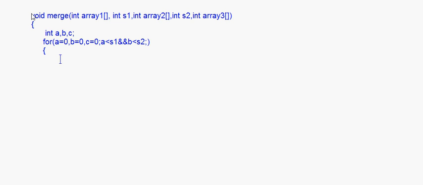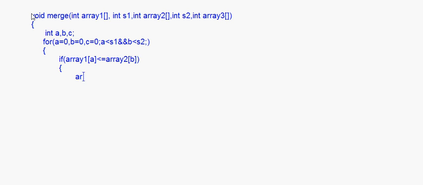Now inside this, you give the if conditions. If array1[a], here we want it in ascending order, array1[a] less than or equal to array2[b]. This is the if condition. If the element in array1 is less, that means that element has to be put.